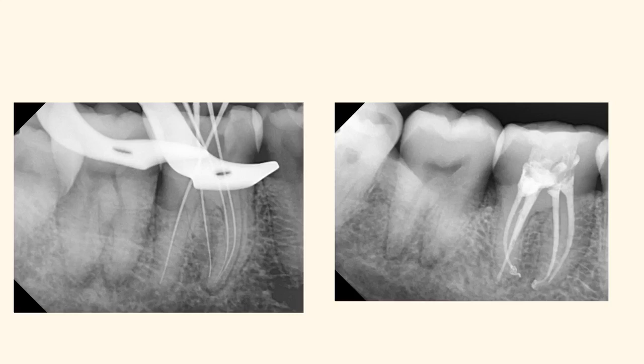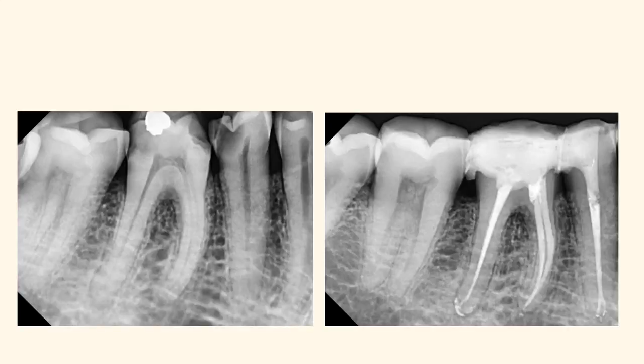These are a few cases I would like to show, demonstrating proper glide path preparation resulting in predictable endodontics. I often spend maximum time on glide path preparation as compared to the actual instrumentation of the canal. This is the case of a radix intermolaris. Proper sequence of instrumentation and proper hand filing motions resulted in a proper glide path which can be ideally shaped and obturated.